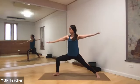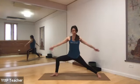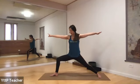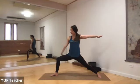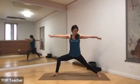Right arm forward, left arm back, back heel down. And you may need to adjust the stance by separating the feet a little bit wider. Whatever you do, glance over the front knee and make sure you can see a sliver of that big right toe so the knee isn't knocking in or being pushed out. Press into the outside edge of your back foot and then allow the pelvic muscle or the pelvic bowl to